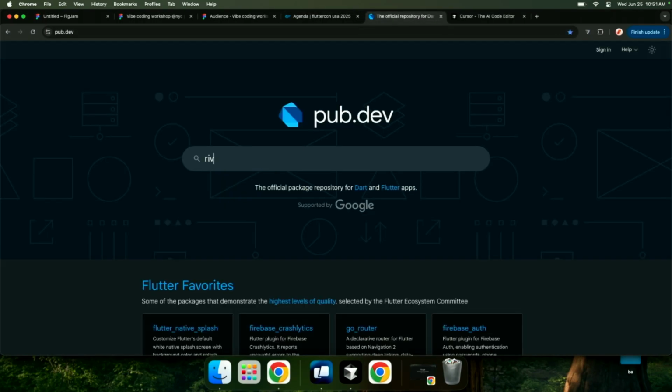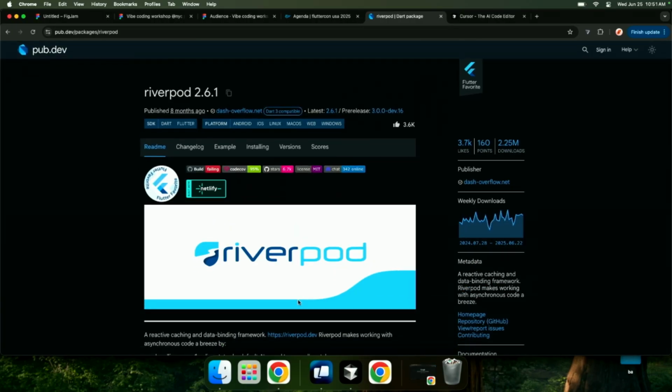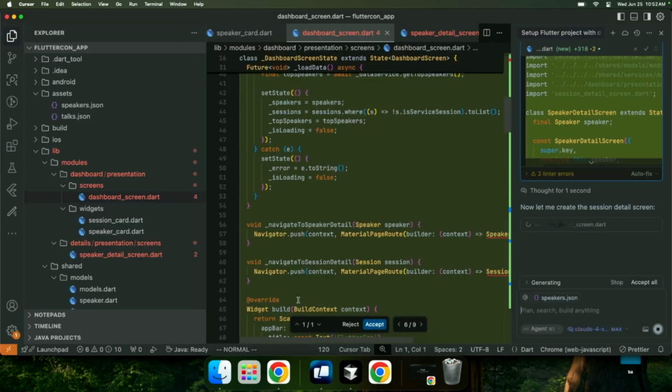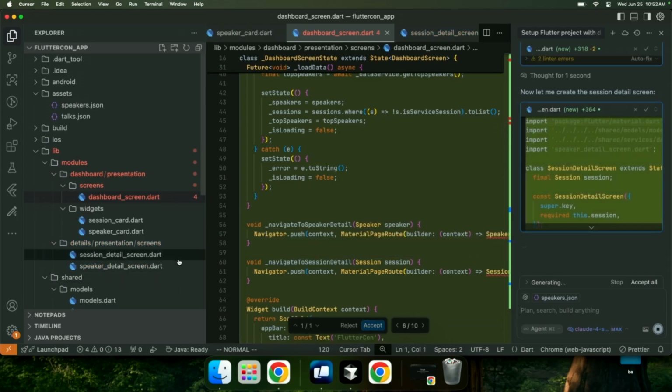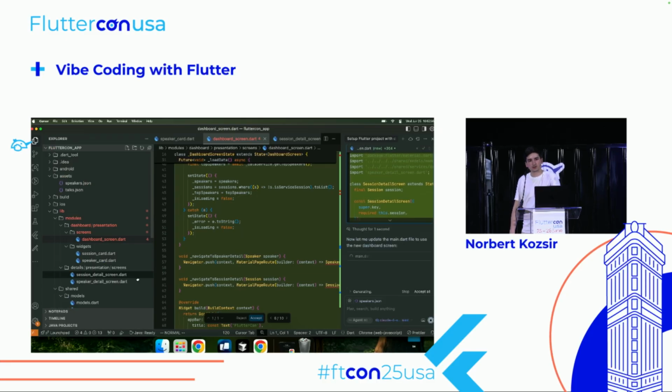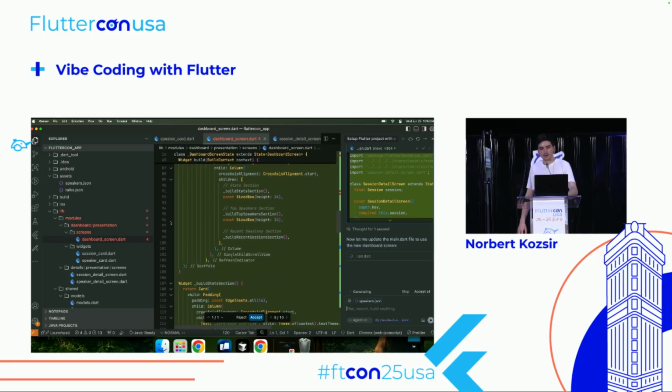But what I wanted to do is we wanted to use Riverpod. So this is also a cool thing we can do: context is everything. I think Riverpod is established enough that the AI has enough training data to know what Riverpod is. But just to be sure, and especially with packages which are lesser known or more recent, it's great to give context. Okay, wow, it's generating quite a bit. So for the sake of time and for the workshop, maybe what it is creating is fine for now. We'll definitely take a look at some of the state stuff and things that it is doing.